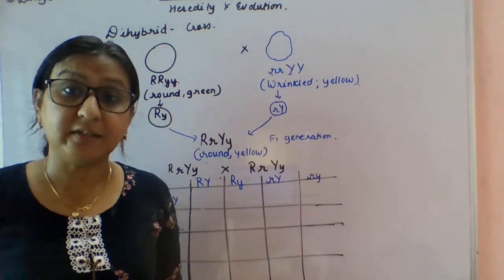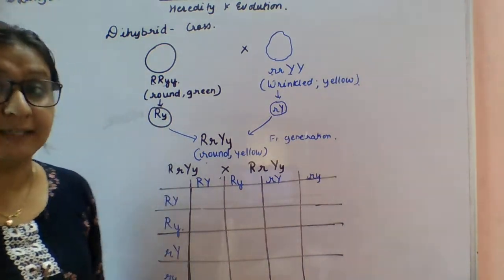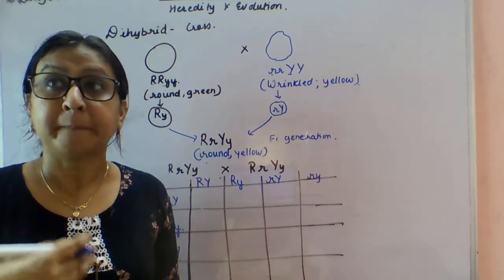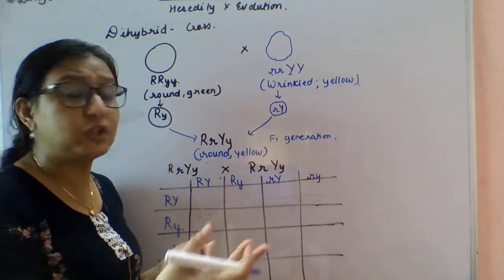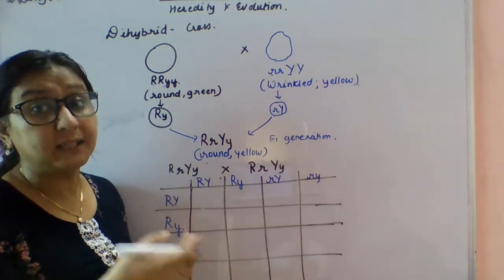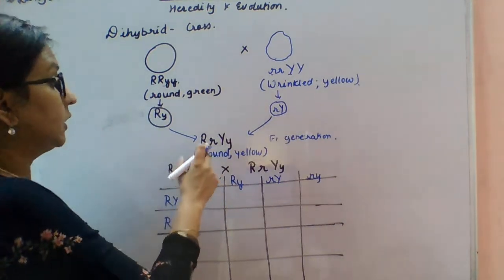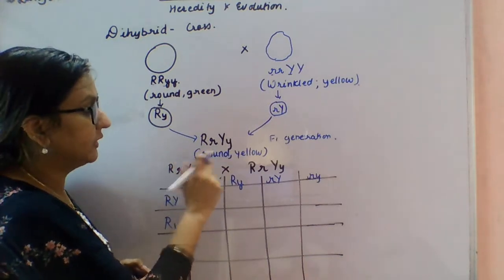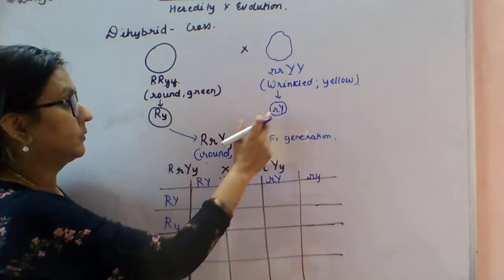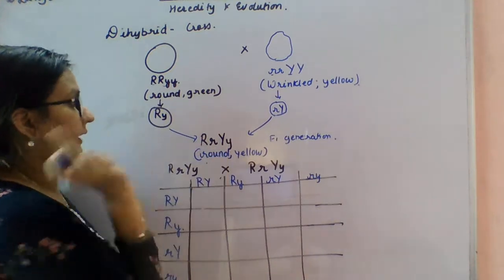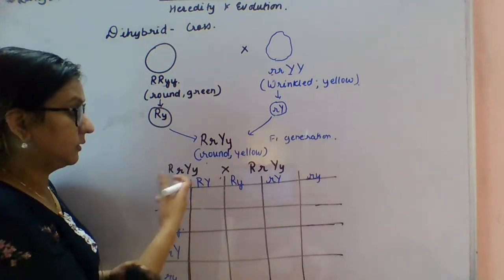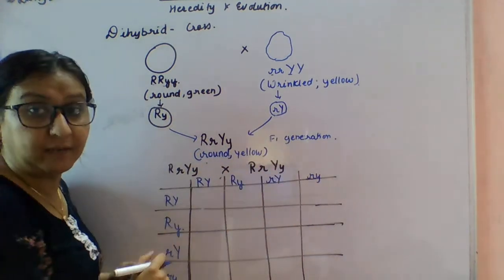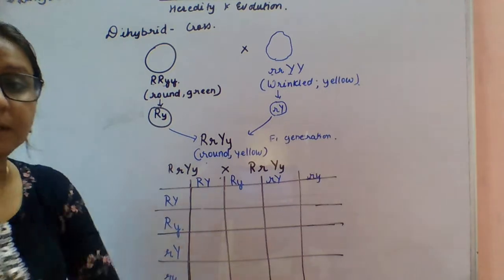The phenotypic character will always be the dominant character, because the dominant will show only its expression, where the recessive gets masked. So the dominant characters are round and yellow. So the first generation will be round and yellow: capital R, small r, capital Y, small y. Now we will self-pollinate it, so RrYy crosses with RrYy. So what will we get in the F2 generation?